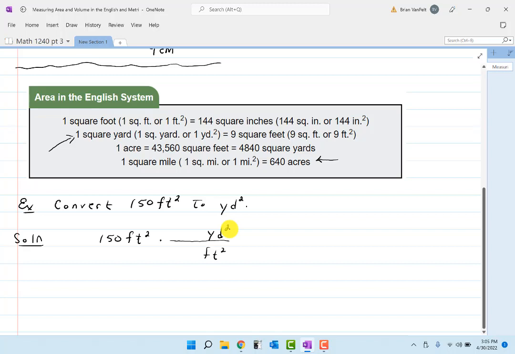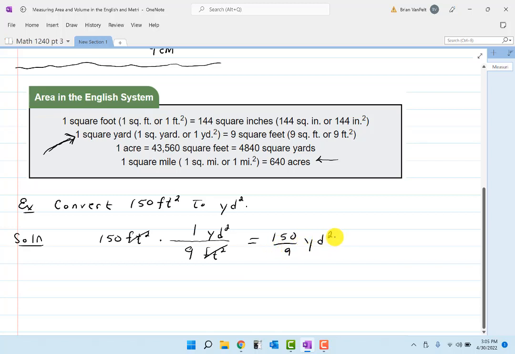And as I look, the one that I have this arrow to here is exactly the one I want. 1 square yard, it says, is equal to 9 square feet. And so I can cancel my feet squared, and I'll end up with 150 over 9